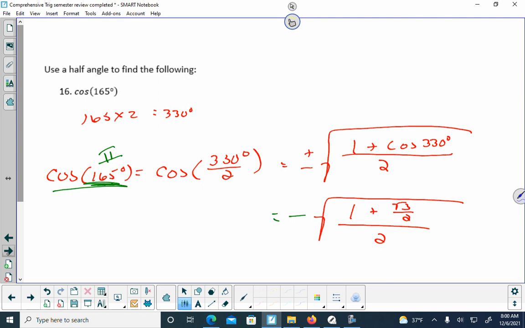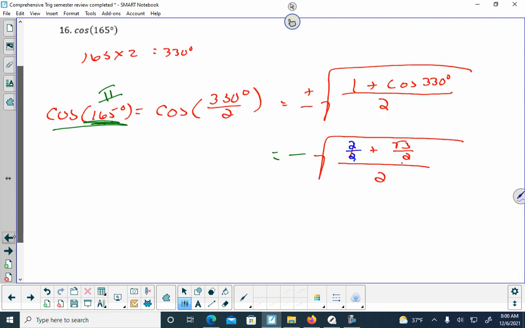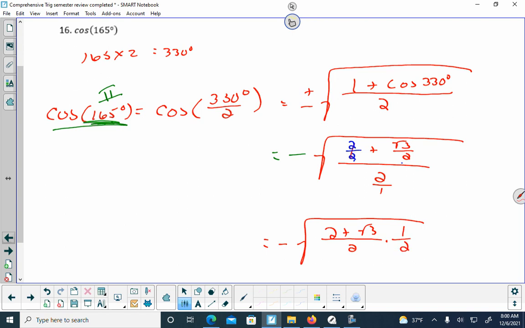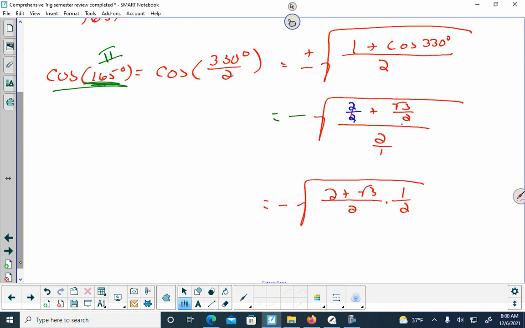To simplify this, I'm going to make this 1 the common denominator with this 2, so I'm going to think of that as 2 over 2. So now I'm going to have a negative square root of 2 plus the square root of 3 all over 2. And then this divide by 2 I'm going to think of as multiplied by 1/2. So I am going to end up with a negative square root of 2 plus the square root of 3